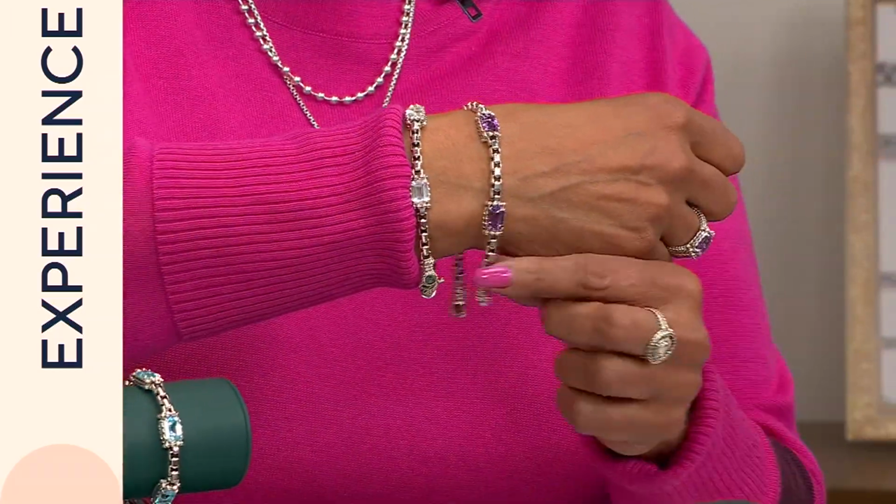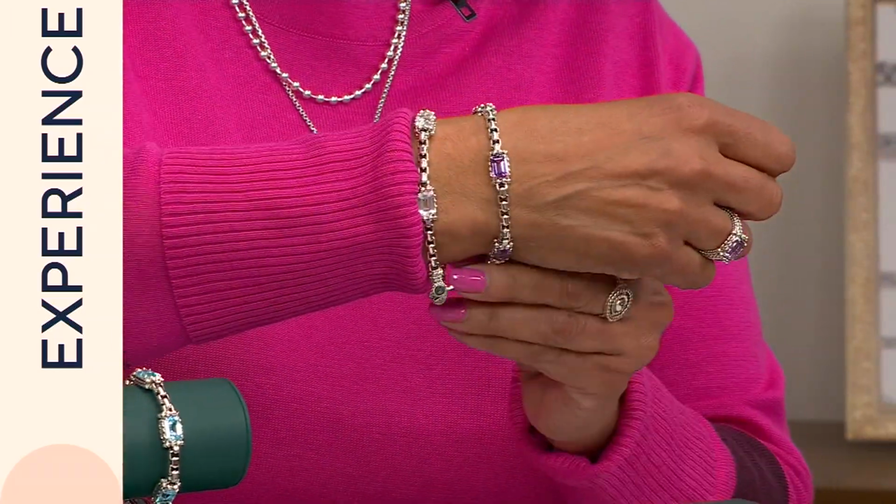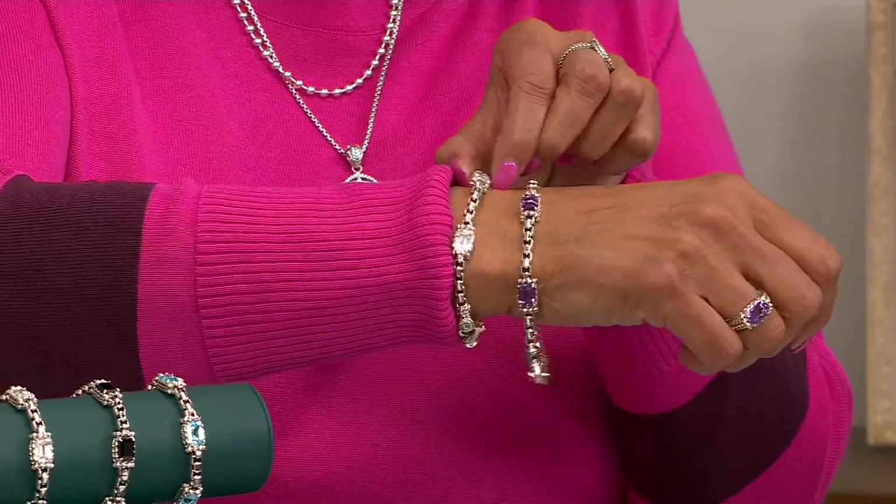And even things that you don't think about until you're ready to put it on and you realize, I'm not chasing that bracelet around my wrist in order to get that lobster claw clasp to connect to the finding and then have the bracelet sitting upright on my wrist. Yes, because that lobster claw clasp rotates. These are things that until it becomes a frustration, you don't think about it. But the J team does. Whether you're left-handed or right-handed, whether you're putting it on yourself or needing